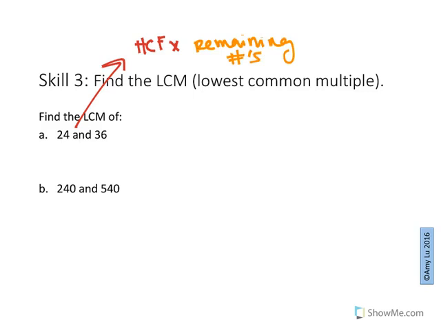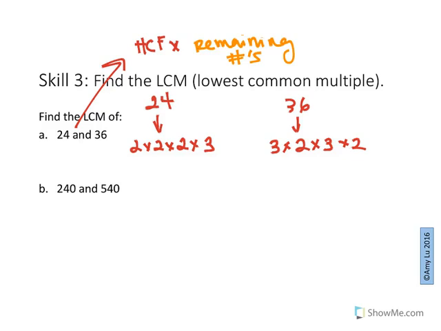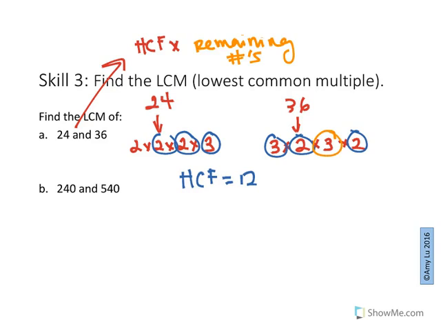So when we broke apart 24 and 36, so let me do that again. We basically had these sets of prime numbers. We learned that they both had a 3 in common, a 2 in common, and another 2 in common, meaning their highest common factor here was 12. Now you see how this 3 doesn't get used and this 2 that is circled in yellow does not get